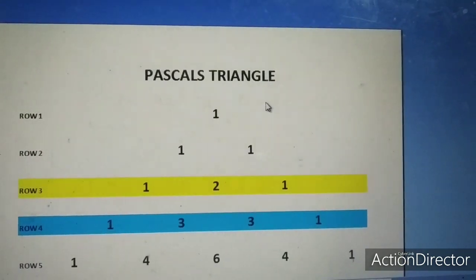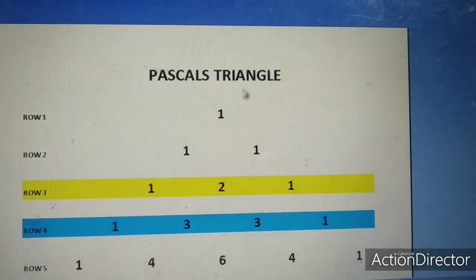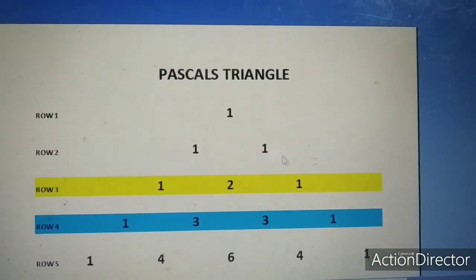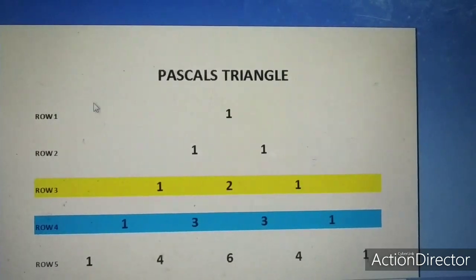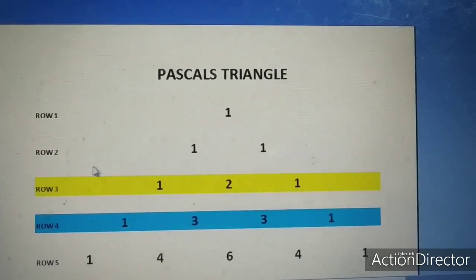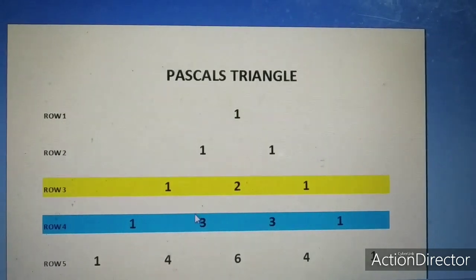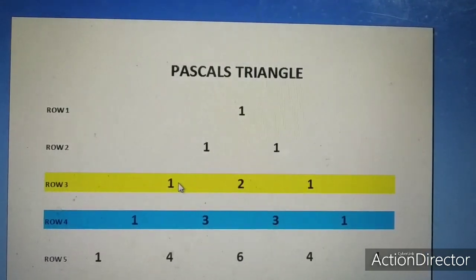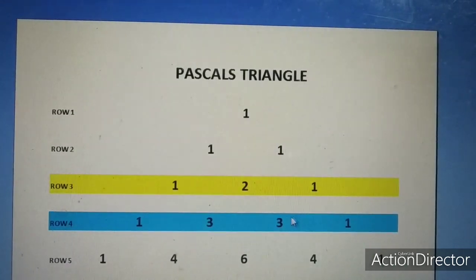This triangle is very useful for remembering the algebraic identities. Regarding this triangle, the numbers are all written in a triangular form. Row 1 means it will have only one number. Row 2 means it will have two numbers, and this process goes on. And one more thing you have to remember, the first and the last number is always repeated.